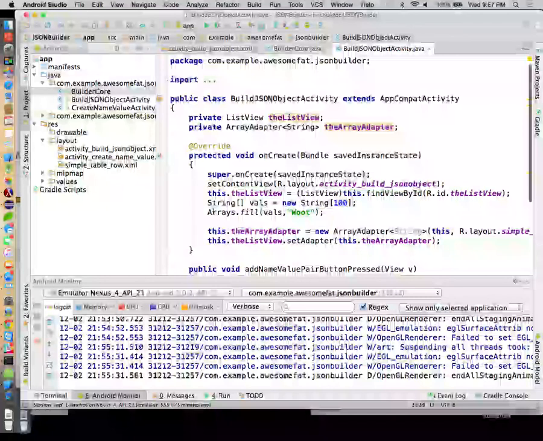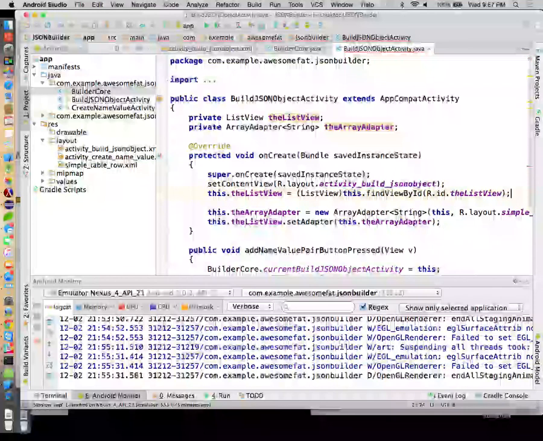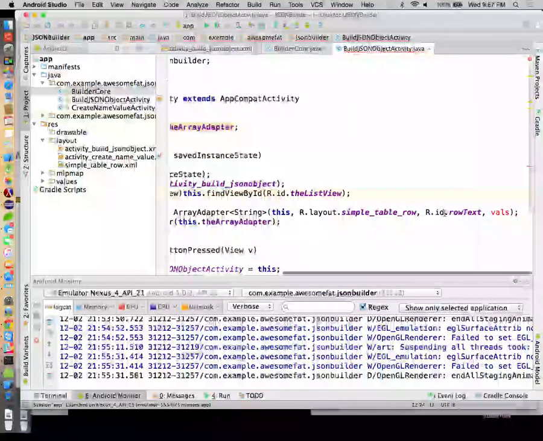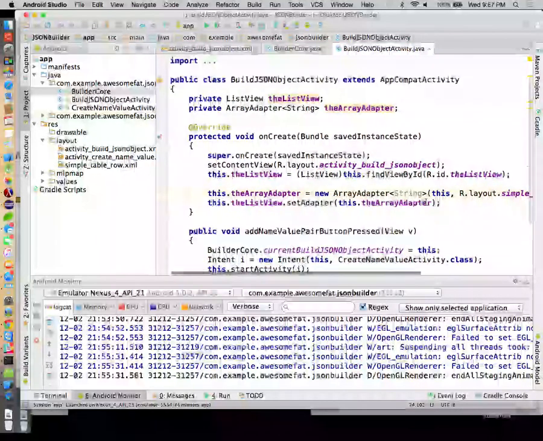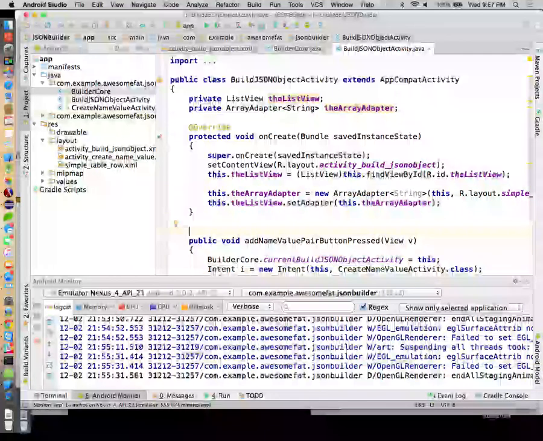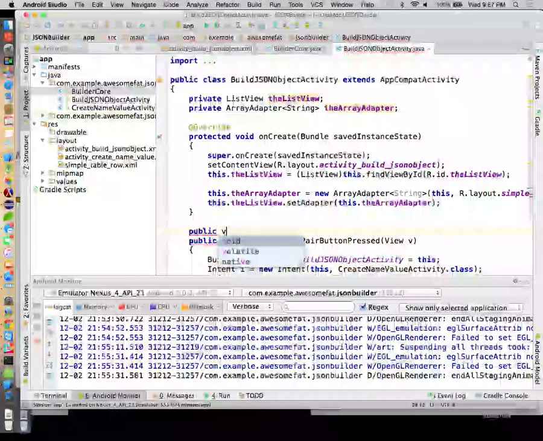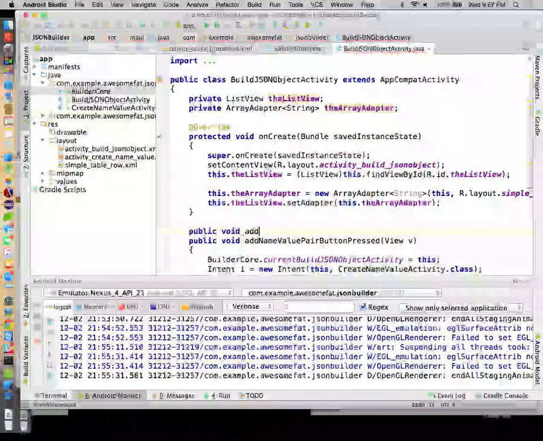Similarly, we're going to dump our array thing there real quick. We're no longer going to create it with an array. It's going to be empty initially. But our array adapter is still up there. So what I'm going to do for right now, since we only have a few minutes left, is say public void add